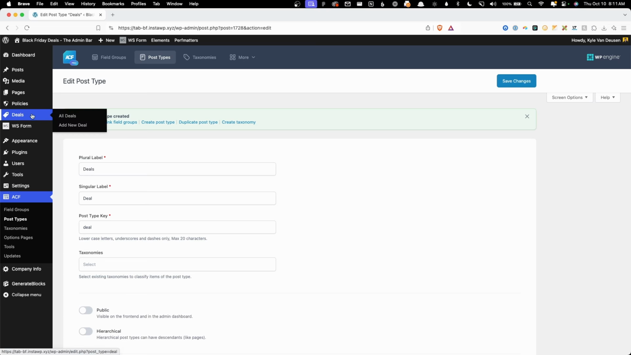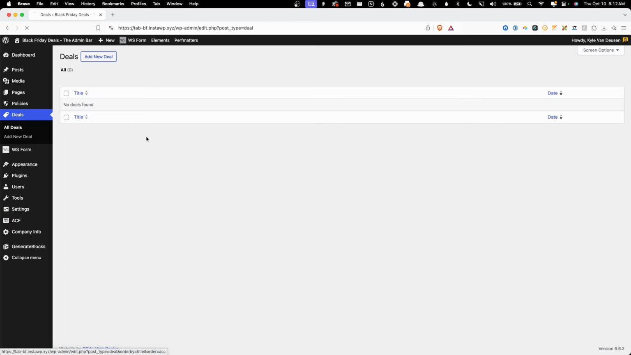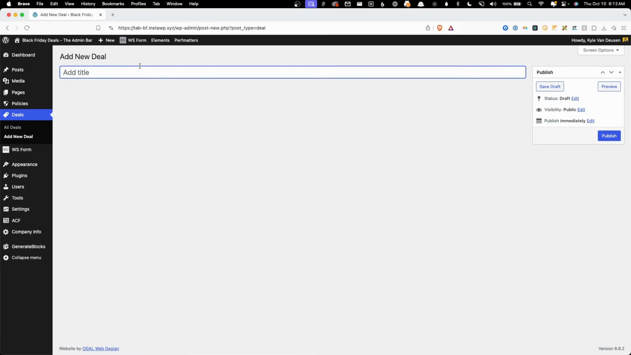So we'll go ahead and hit save changes. And now we can see our deals post type is showing up over here in the navigation. Next, we need to go ahead and create some custom fields to go with all of these deals post types. If we went in here and added a new deal, you can see all we can do at this point, since we got rid of the editor and the featured image, all we can do is give a title,